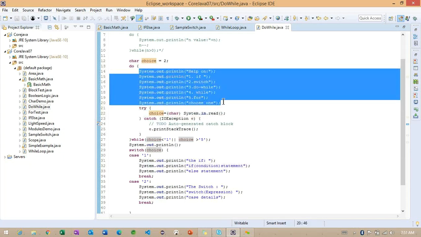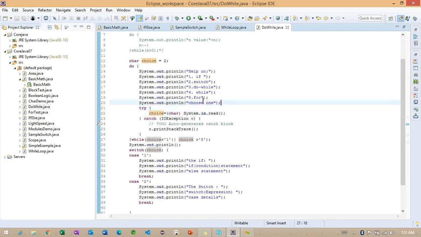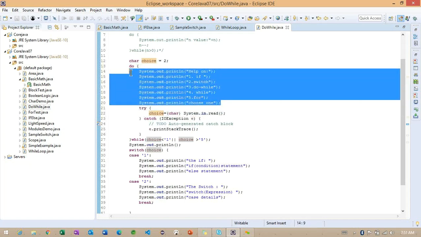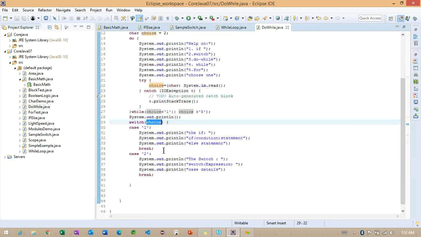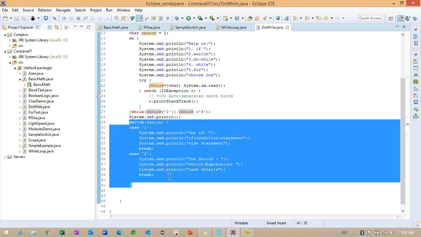The option here, simple. First time it is executing here. Later we are checking this particular condition. So based on this particular condition, this loop is going to repeat more times, and we are coming into the switch case based on the particular char we are executing.